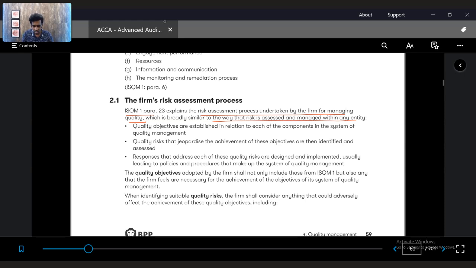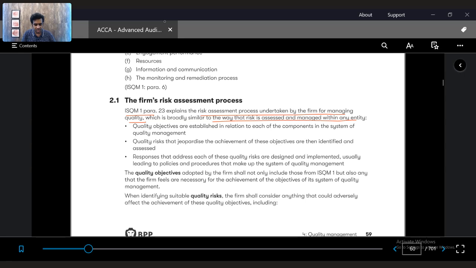So what will they do? They will ensure that high quality glass is installed. When the phone is dropped, the back of the phone could be damaged, the camera could be damaged, the touch screen could be damaged, the display could be damaged. So all of those should be of high quality. So those are the risks. So dropping of the phone is a risk there. So similarly, even for an audit firm,